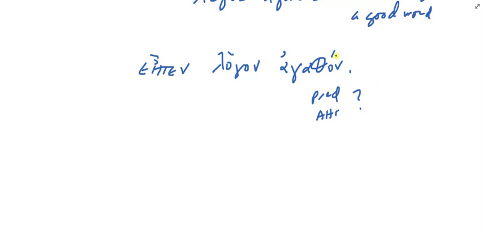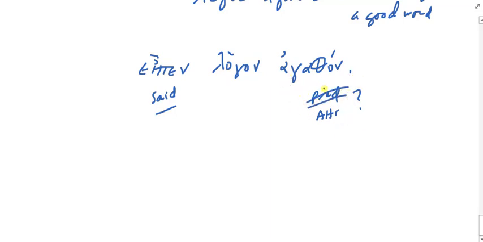Predicate adjectives occur in what case? The nominative case. And when you have a predicate adjective, what are you asserting? You're asserting that the subject is that adjective. But this is not a sentence whose verb is "is". This is a sentence whose verb is "said". So this cannot be a predicate adjective because it's not a copular construction. I'm not asserting that something is anything. All right? And what that means is that I can scratch off the predicate idea.